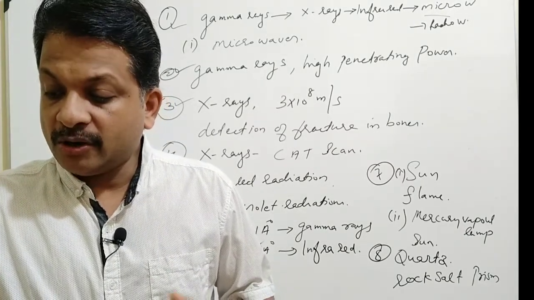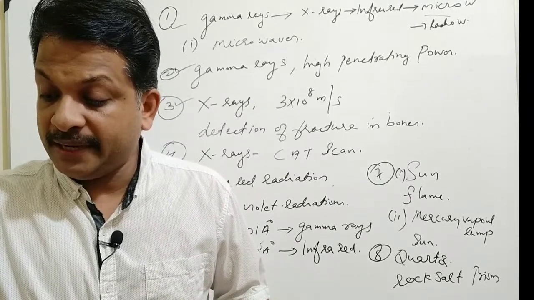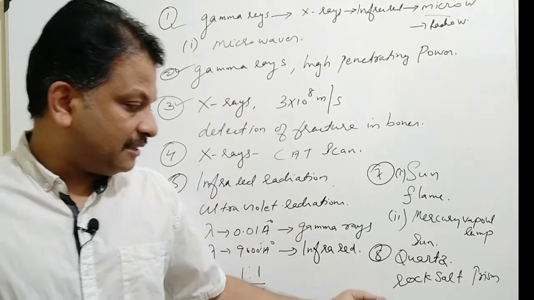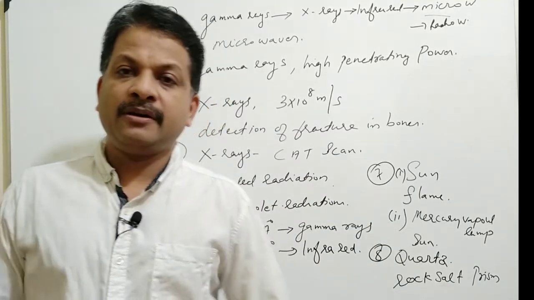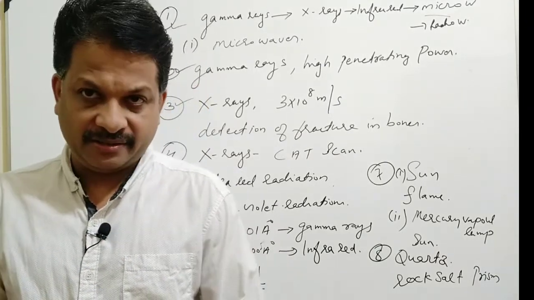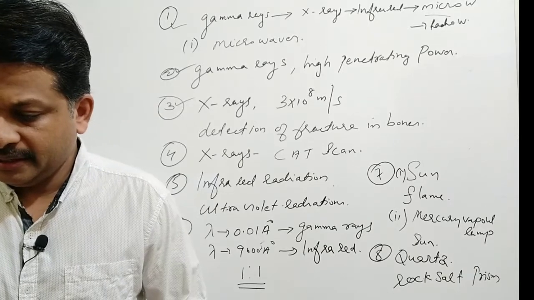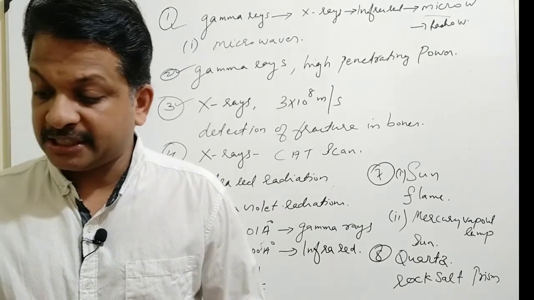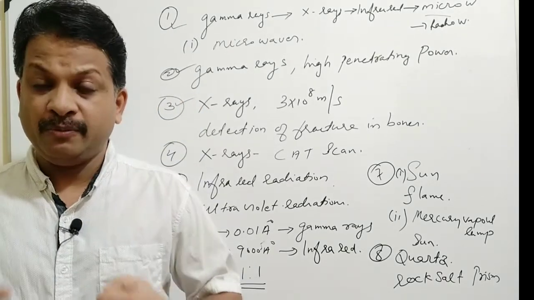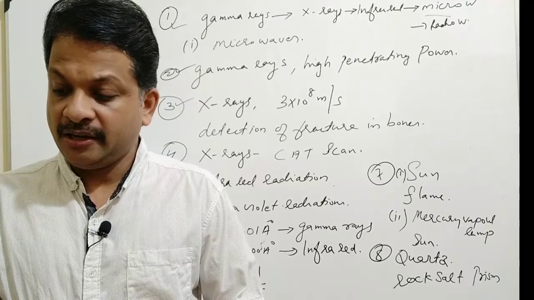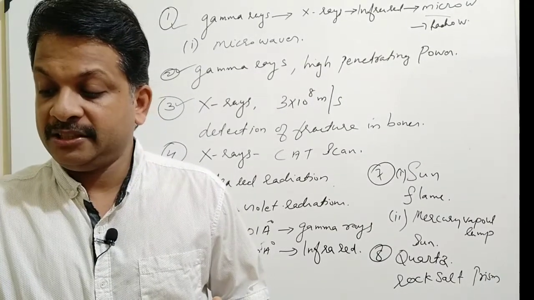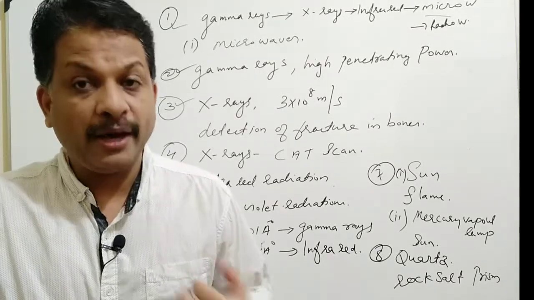Okay. A rock salt prism is used instead of glass prism to obtain the infrared spectrum. Give reason. We have already discussed infrared spectrums are produced by rock salt prism, because a prism made up of rock salt doesn't absorb infrared radiations. That's the reason. Okay. A quartz prism is required for obtaining spectrum of ultraviolet light. Same reason. A prism made up of quartz doesn't absorb ultraviolet radiation. That's why we use a prism made up of quartz for obtaining the ultraviolet spectrum.